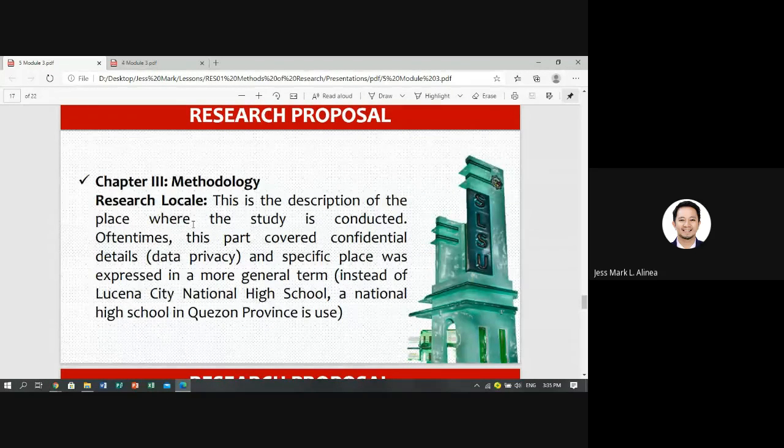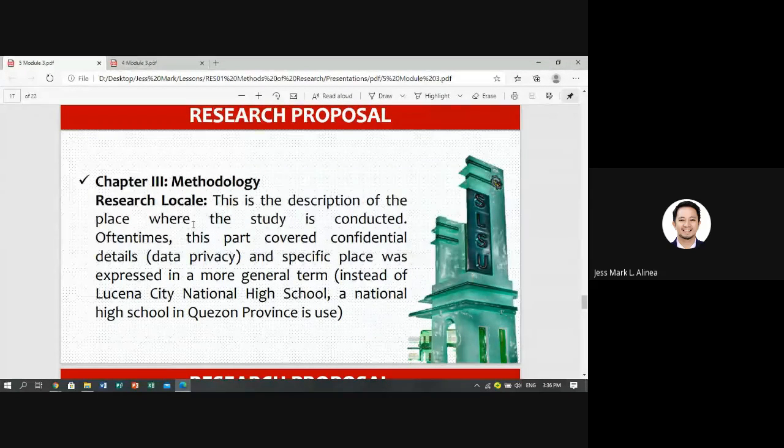Kung ginawa mo siya sa loob ng SLSU, edi that's your first local. Tapos kung saan mo siya tinest, let's say for example, nagpa-test ka sa fish pond owner, so that's the second local. In your case, kasi kahit nasa bahay nyo ginawa, ang lokal na nilalagay pa rin palagi natin ay SLSU, Lucena. Tapos kung saan mo siya ikakandak, let's say for example ay gumawa ka ng game application for Quezon National High School, edi ang second local mo for evaluation is the Quezon National High School.